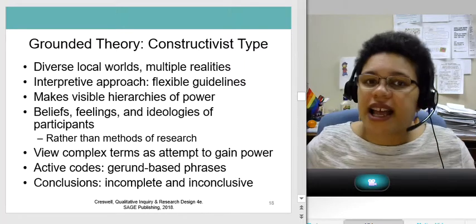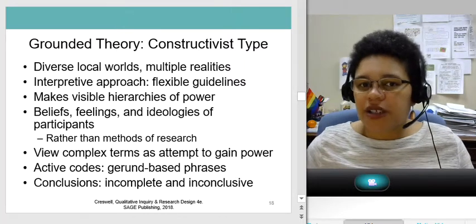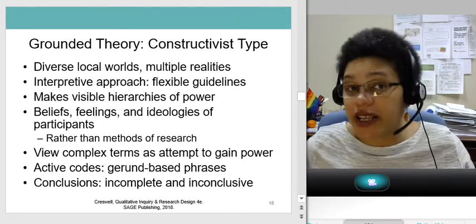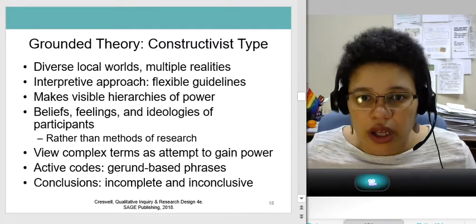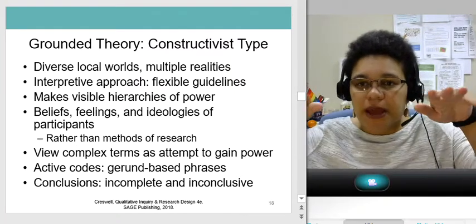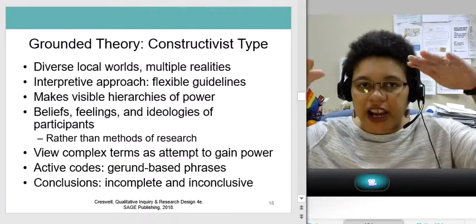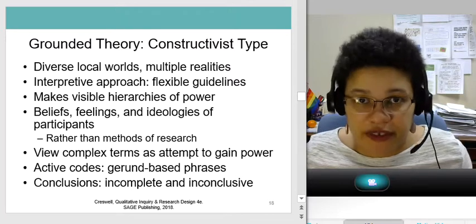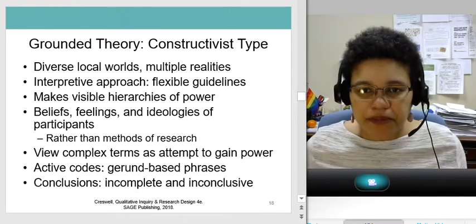One of the things that is talked about in the constructivist type is making visible hierarchies of power. Also, it's not just about this leading to that, but there may be different hierarchies of power that influence the school to prison pipeline, for example.